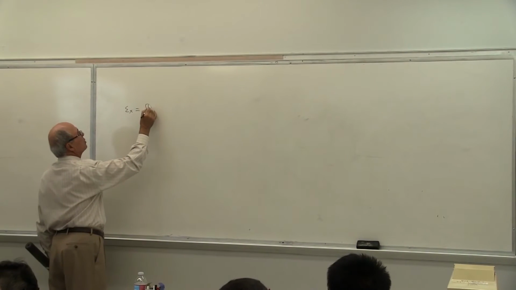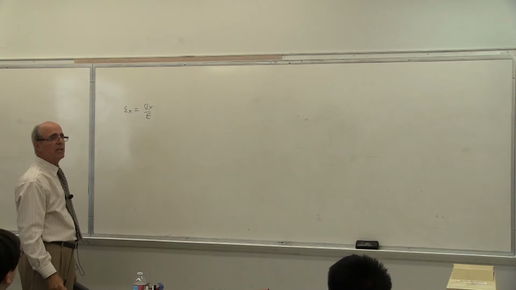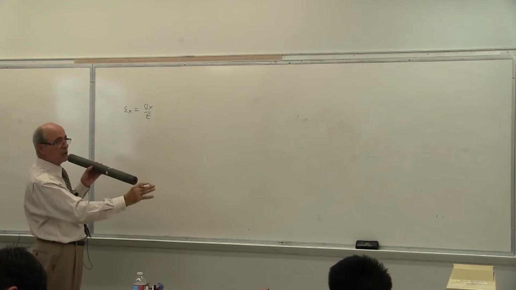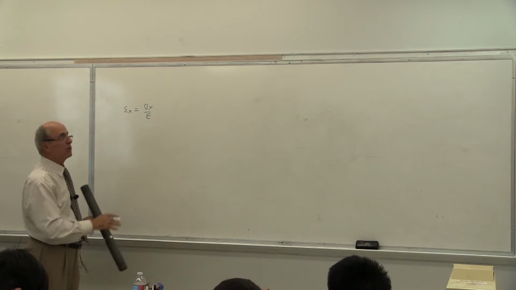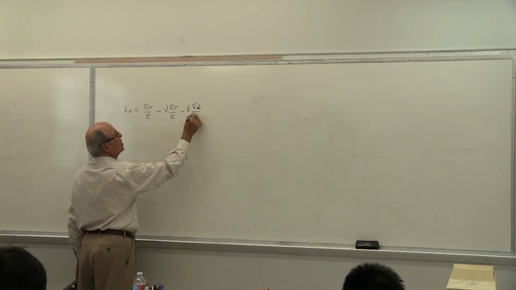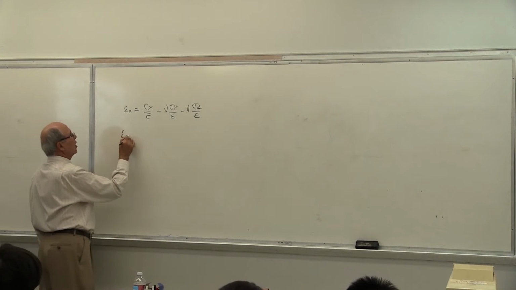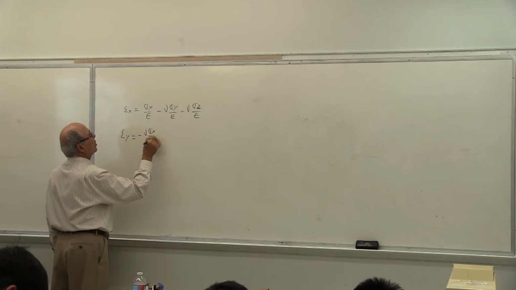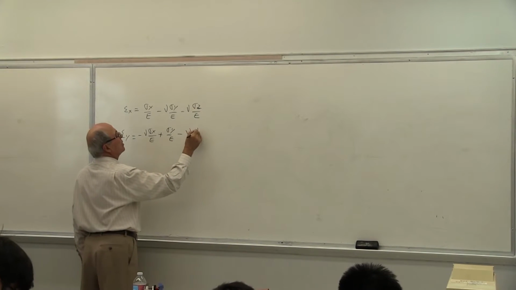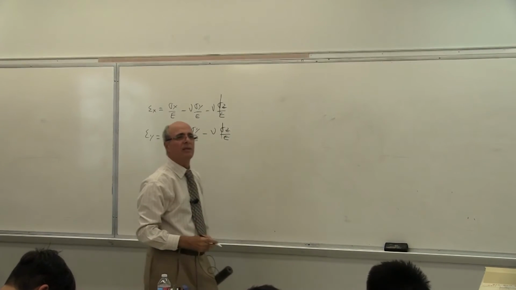So epsilon x equals sigma x over E, which is the result of Hooke's law, the graph that we drew in ME218. Then later on, when the Poisson ratio came into the picture, when we pull it this way, the other side becomes smaller, yes or no? So we said minus nu sigma y over E minus nu sigma z over E. This is the generalized Hooke's law for all three x, y, and z. Then epsilon y equals minus nu sigma x over E plus sigma y over E minus nu sigma z over E. However, in this plane stress problem, I assume sigma z is 0.